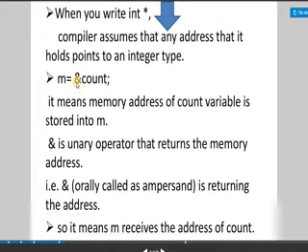The ampersand is a unary operator that returns the memory address where the data is, and in m we store that address. So m receives the address of count; m is a pointer variable that stores the address of the count variable.